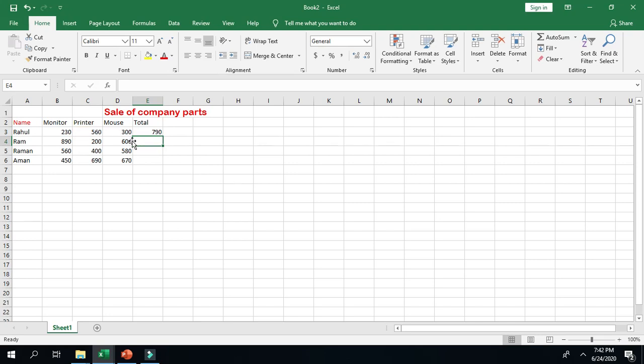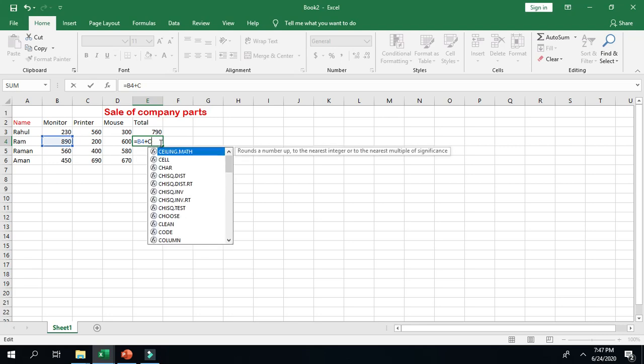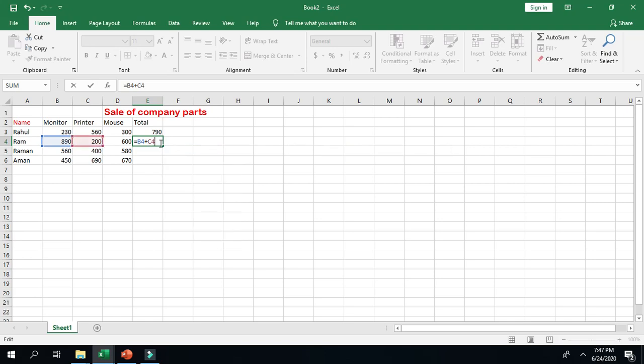Our next topic is changing or editing a formula. Editing a formula means changing the formula. The first step is we will double click on the cell in which we want to change the formula. Then with the help of the arrow key we will move to the place where we want to erase something. Then with the keyboard we will type the correct formula, and when we press the enter key, the result of the calculation will appear in the cell.